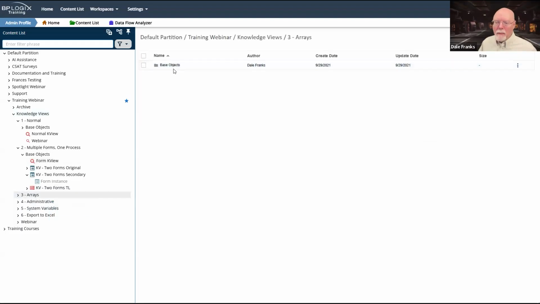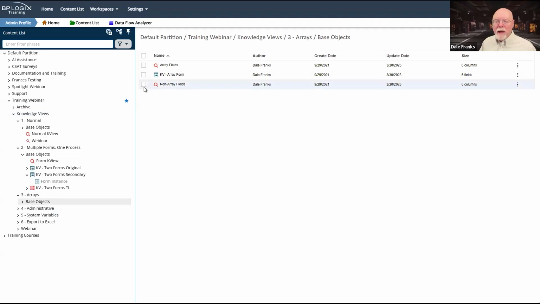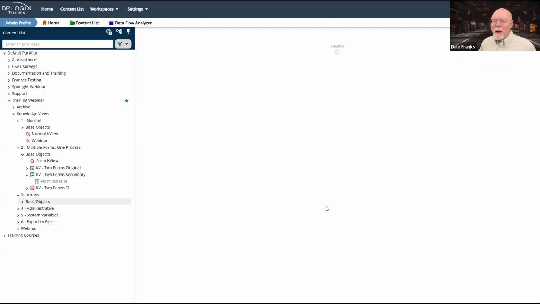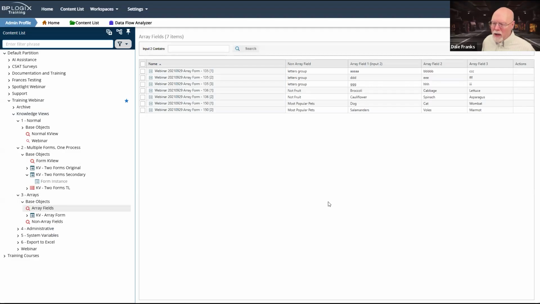Now let's talk about arrays. So arrays can be a little tricky. So let's run this arrays knowledge view. This knowledge view returns stuff weird. And the reason it returns it weird is because of how Process Director deals with arrays.